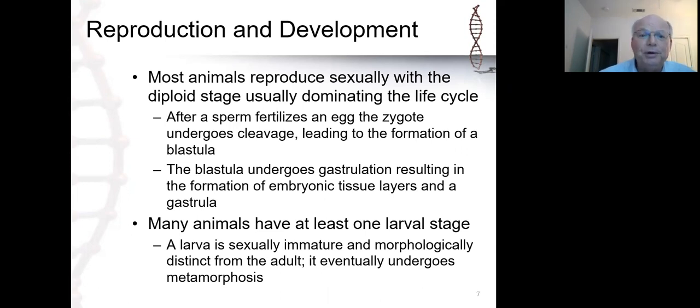And then, as we saw in the previous presentation for chapter 47, there are a sequence of 4 stages that we identify with embryological development. Now, the first stage, fertilization and the formation of the zygote, is again not a unique feature of animal reproduction. We've seen that fertilization and the production of the zygote also occurs in the plant kingdom and in the fungi kingdom. So that's not a unique feature as far as animals are concerned, but it's what happens next, the 3 stages that we talked at length about in chapter 47 that are unique to animals.